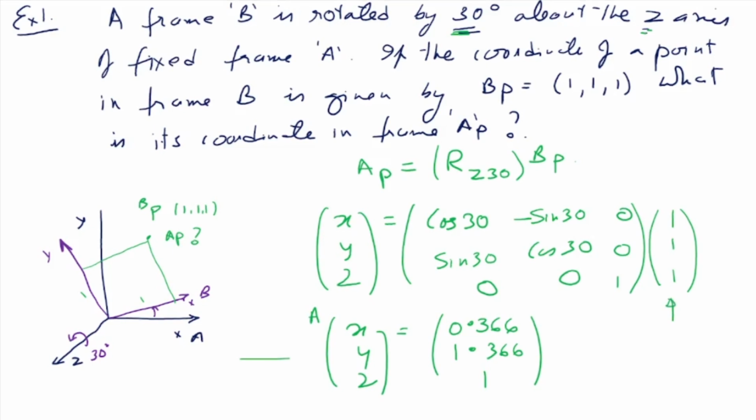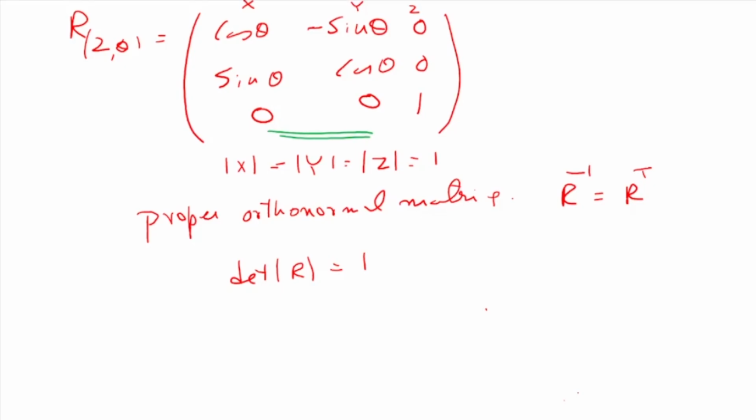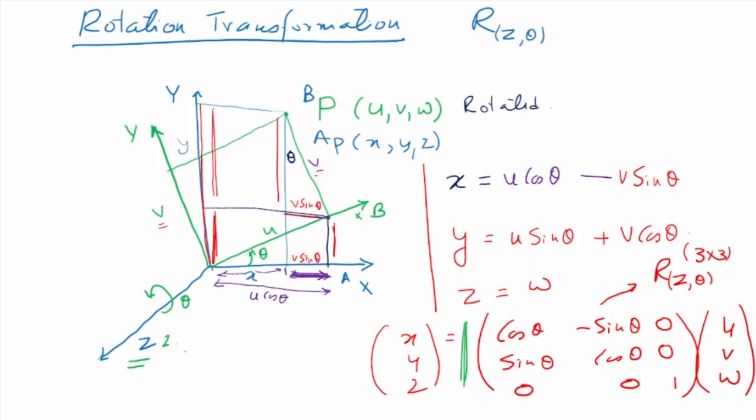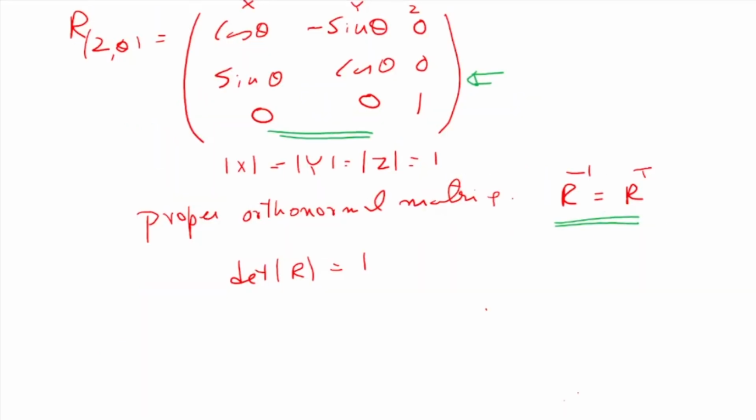Now we also said that this rotation matrix has a couple of interesting properties. This is an interesting property, the inverse is the transpose. That is one. And the other, if you note this matrix very carefully, we rotated about the z-axis. Let me go back here. I rotated about the z-axis, and hence this is a rotation about z. This is 0, 0, this is 0, 0. So there is no change in the z-axis because this is a rotation about z-axis. So when you're rotating about z-axis, this will remain as 1, indicating that there is no change about the z-axis. These are important properties to note.